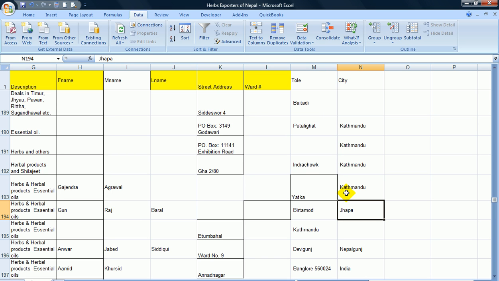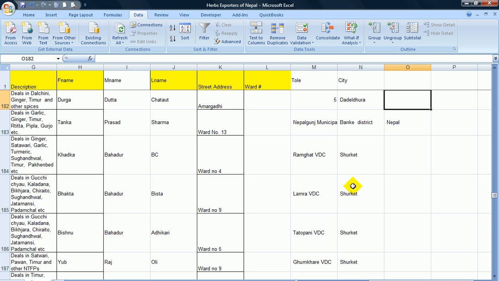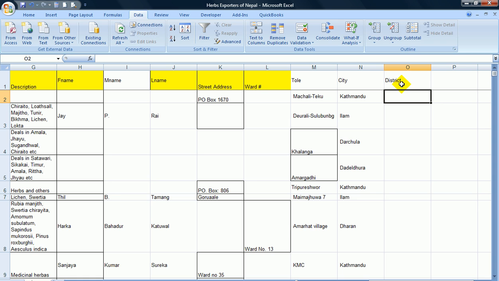Alpha is a district, Britamore is a city. So let's put it here. Maybe we need one more column here too, actually. So put district here. Right? Because